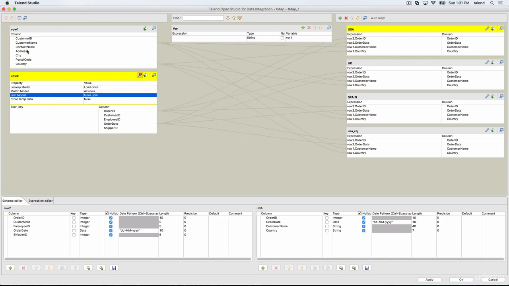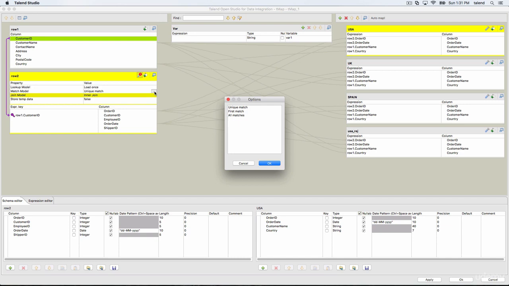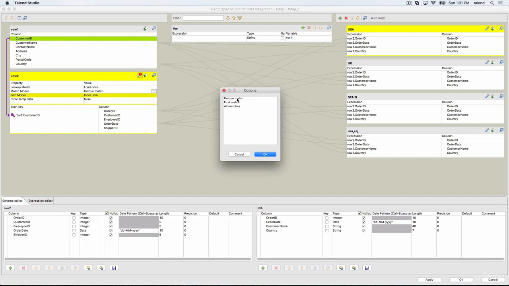So let's first join the column. Once you join the column here, you can see the match model changed. Now you have three types of match models: unique match, first match, and all matches. What do these different types do?